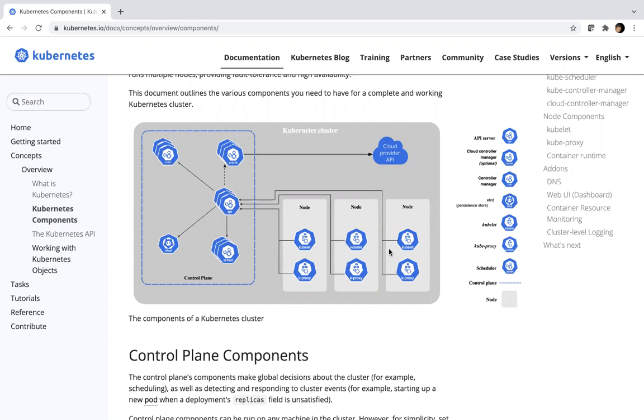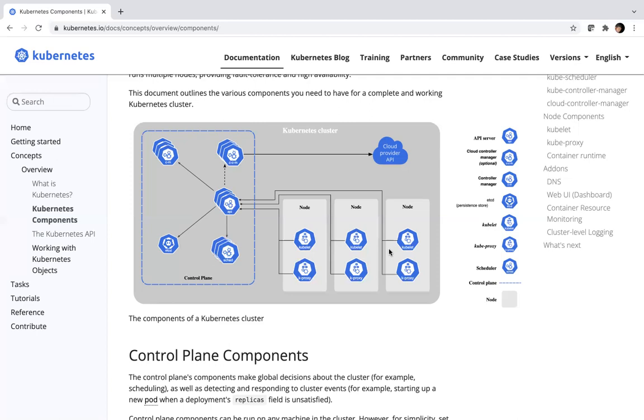So a typical Kubernetes cluster is divided into two types of nodes. And when we say nodes, that means either bare metal servers or virtual machines. So the two types of nodes are master nodes and worker nodes.